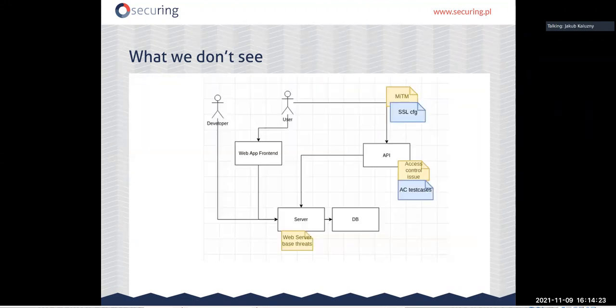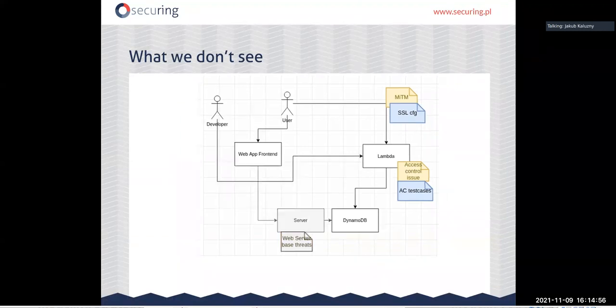Another example is that we also don't see that if we introduced the axis to this diagram, some threats, for example, that apply to the server, could be mitigated or remediated with multiple actions, right? One of these actions for the web server based threats could be to patch the server, right? Or change the server configuration. But one of the expected actions in the system could also be changing the whole infrastructure in order to use more